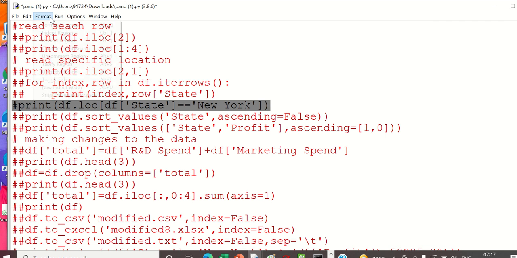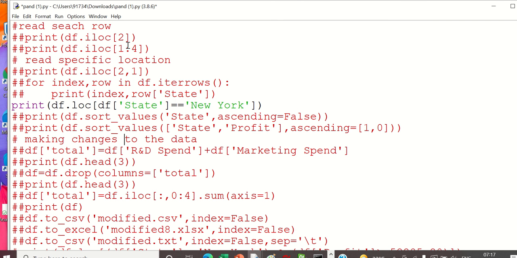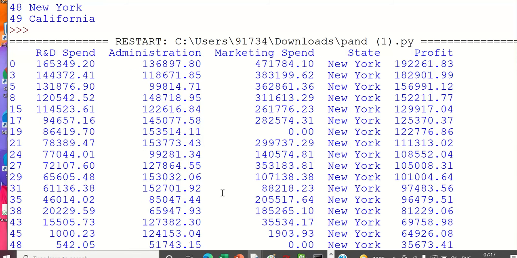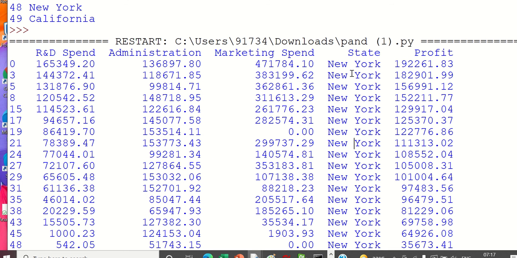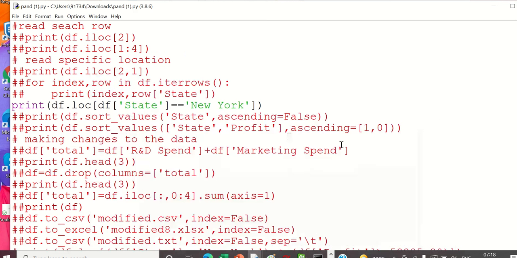So that is what I am doing now. Here is all the data where the state is New York. I am interested in how things are within New York. So we are seeing that New York state is showing in this one.